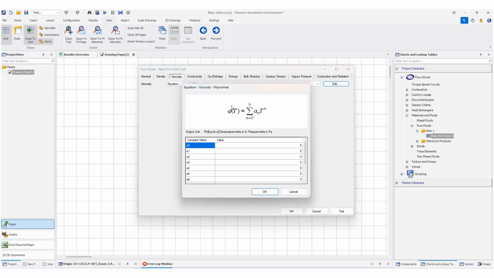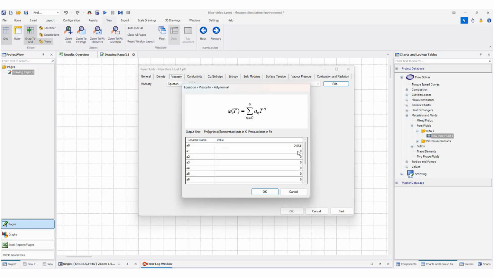You can see that I can define my material viscosity in terms of temperature. I need to define what the equation for that is. Suppose that I just consider a linear equation. So I need to enter the values for these two constants, a sub 0 and a sub 1. For the constant value I use 2.064,